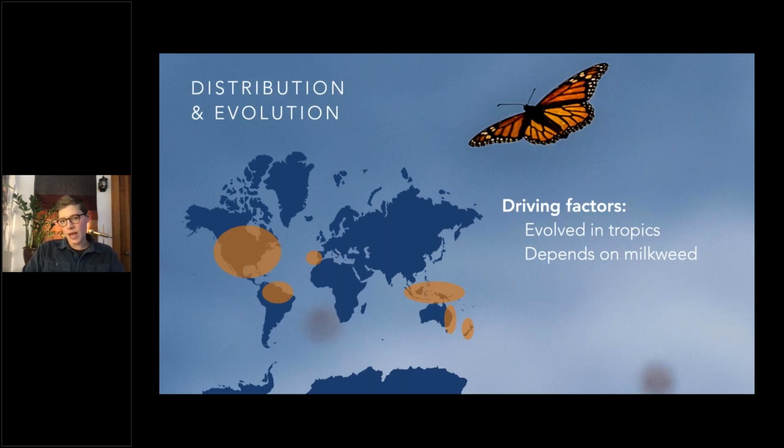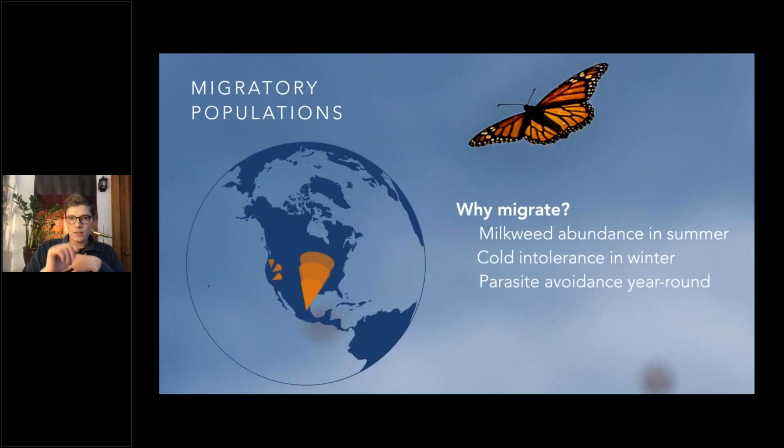Now, when we're hearing headlines about the monarch butterfly being endangered and threatened, we actually are only hearing about the migratory monarch butterfly. Because again, this species is found all the way across the world, but as far as we know, it is only migrating in 2 locations. One location is on the eastern seaboard of North America, and the other location is on the western seaboard. So there's a small migratory population in California that migrates down to the coast in the winter. And then there is a very large population from the Rocky Mountains all the way out to the East Coast and all the way up into Canada, that all of those butterflies funnel down into one particular place in Mexico